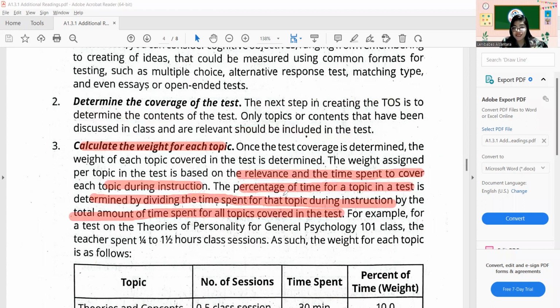test. Take note, ang percentage of time daw for a topic in the test is determined by dividing the time spent for that topic during instruction by the total amount of time. Nakalagay na po kasi yung kung gaano katagal yung time na gagamitin natin, time na i-spend natin per lesson. Ngayon, sa ating syllabus, of course, the way on how you're going to calculate the percent of time is just we have to divide the time spent doon sa total amount of time. Tignan natin. For example,